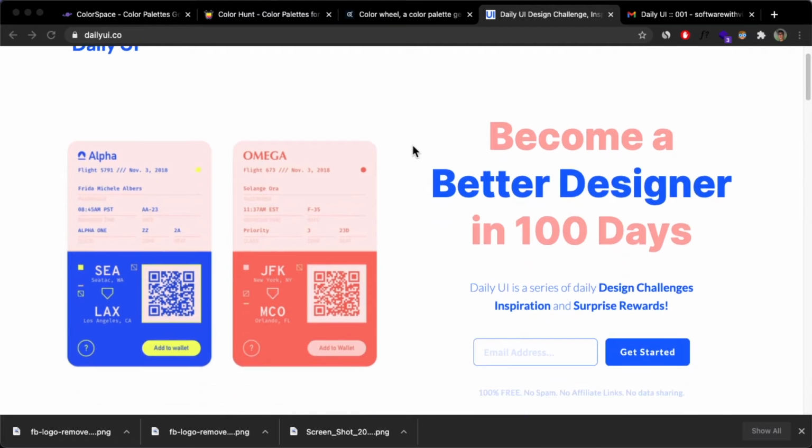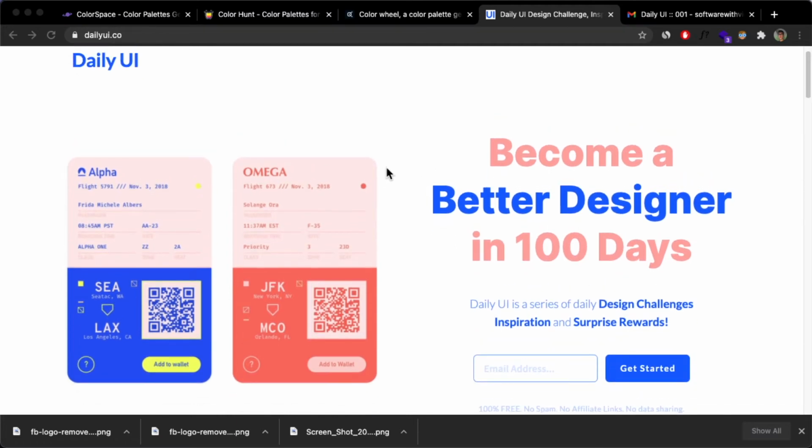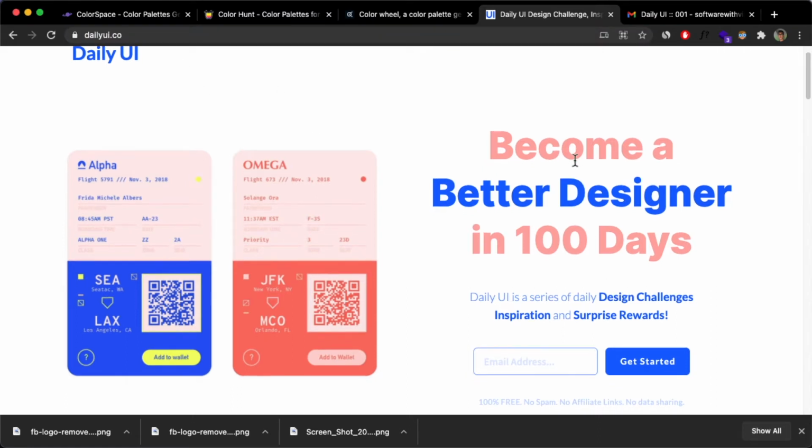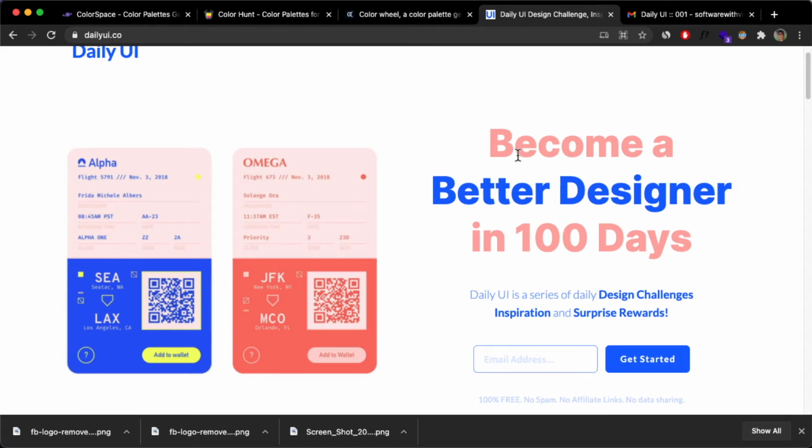And in this one I wanted to share this really cool challenge, and this is, by the way, a brand new series I'm starting on the daily UI challenge. If you haven't heard of it, this is a challenge where, on this website, I'll link it down below, you can practice designing and become a better designer in 100 days